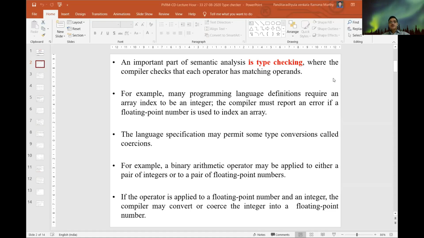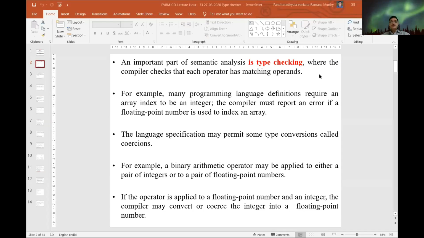Okay. So if you are giving a value like 2.5 or 2.6, what is its meaning? It is a floating point number. Whenever we are giving an array index, it must be an integer. It should not be a floating point number. So the compiler checks this as part of the semantic analysis. It checks whether the referenced index is an integer value or not. The type checking is nothing but simply it checks such types, whether it is allowed or not.